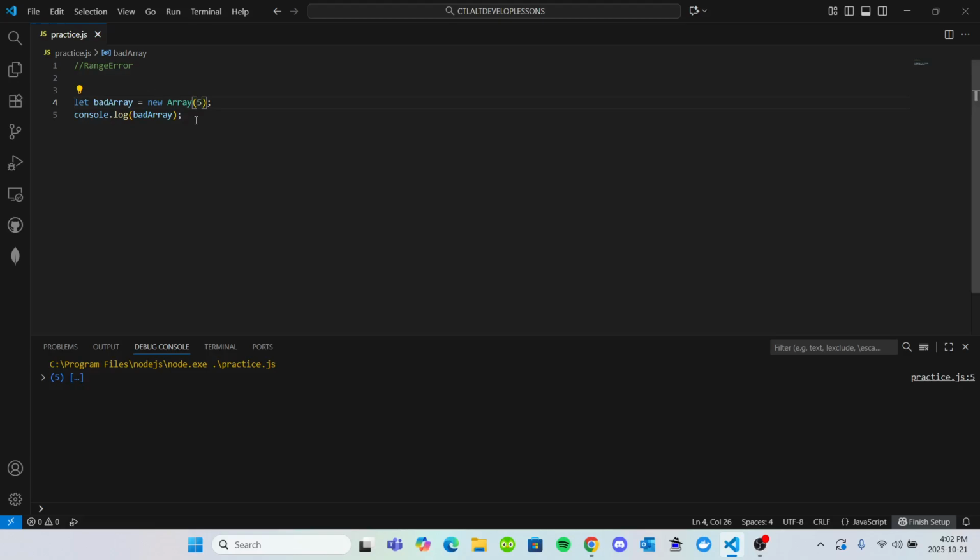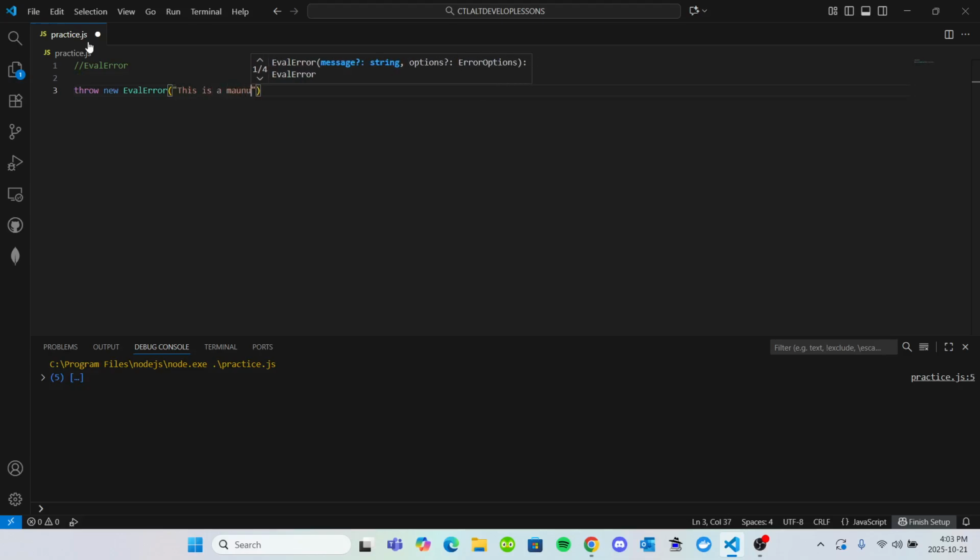So now let's talk about eval errors, and these are extremely uncommon in JavaScript. Modern JS rarely throws this automatically, so the best way to actually cause an eval error is by using this statement: throw new EvalError, and we will say this is a manual eval error